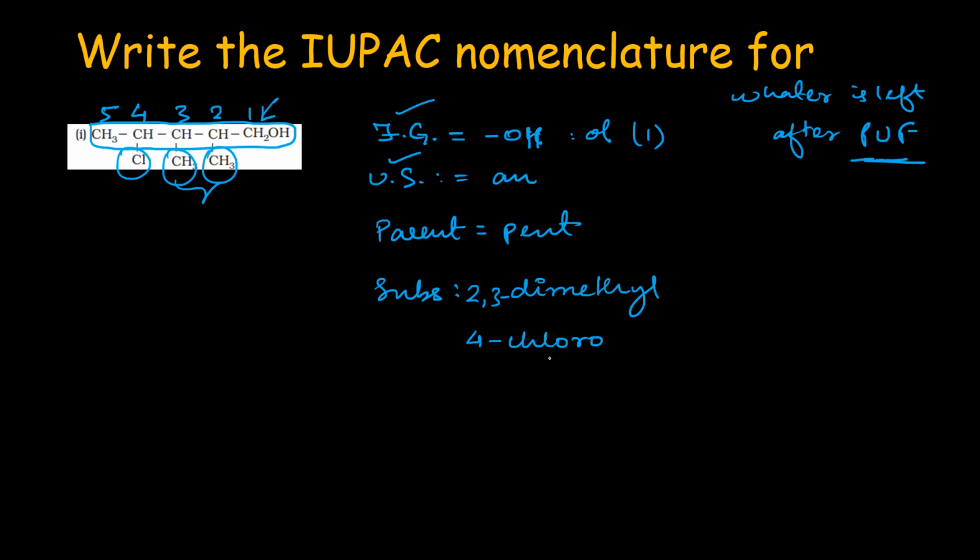Now, here we have a choice. We can write chloro first, or dimethyl first. So what will we write? We will write chloro because C comes before M. Please remember, di means nothing here. What is the substituent? Methyl is the substituent. Di is not a substituent. So we look at the name: C comes before M, not D. Di, tri, tetra do not count in the name. The name of the substituent is methyl. So write 4-chloro,